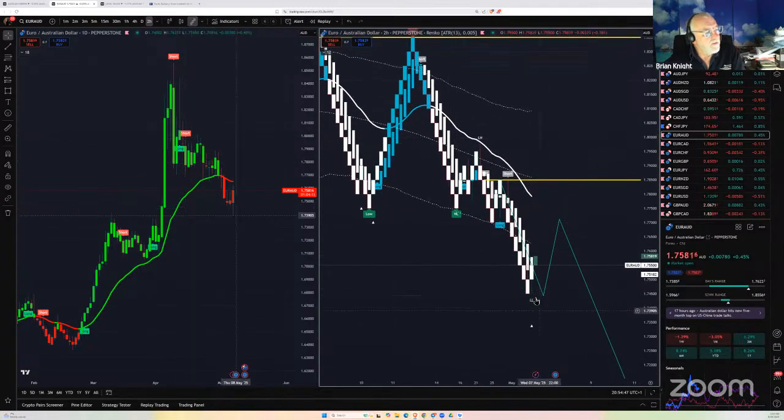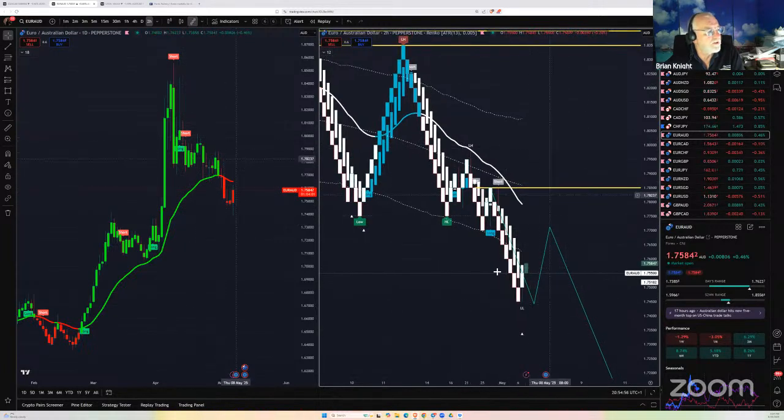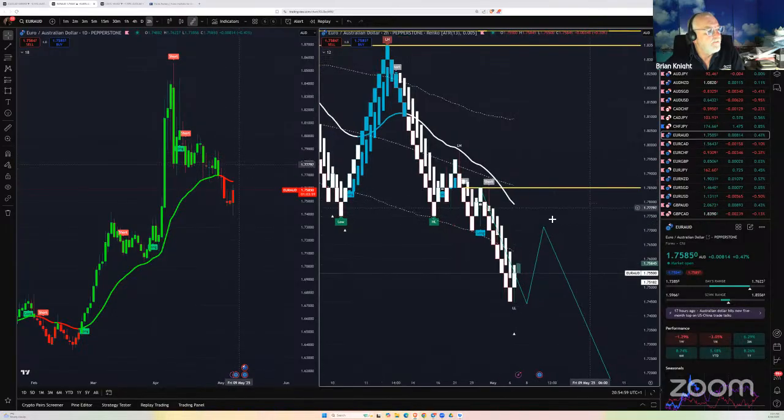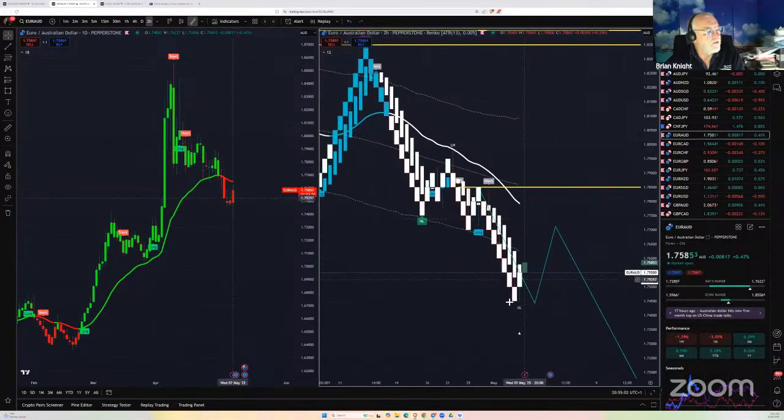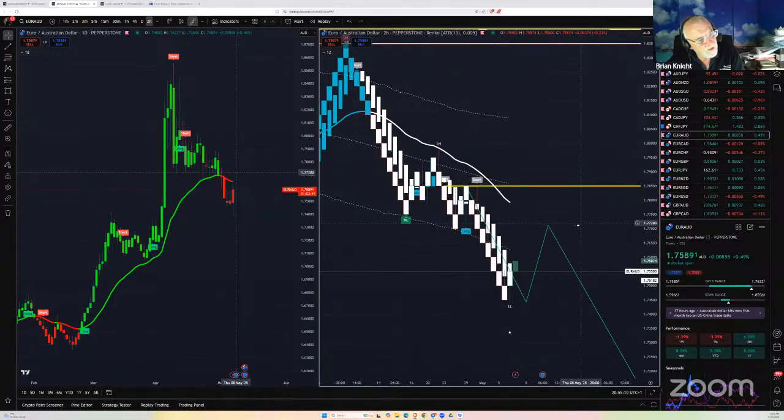So it's now made a lower low. It looks like it's going to do a little bit of a pullback before it potentially drops off further, maybe, and there's a whole lot of stuff in here. So it would be time to get out of it, if you're in that sell, potentially.